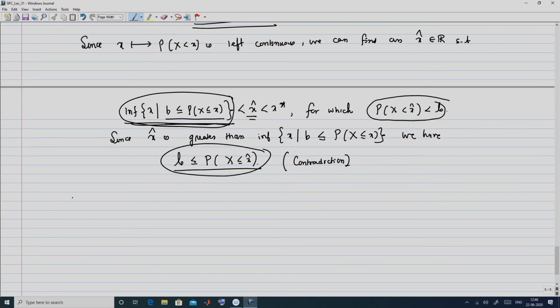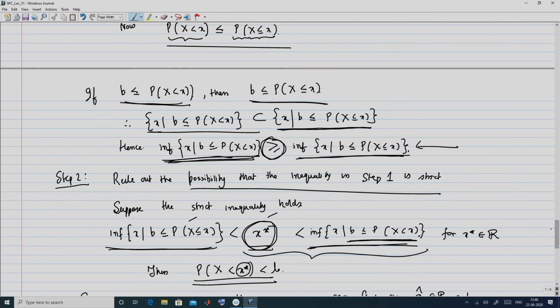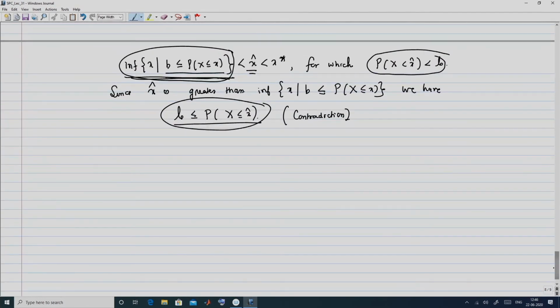Okay, so now that we have this result that these two are equal, the strict inequality does not hold in this relation. We can now make use of this to prove our main result. So, to prove result 4, we shall use the fact